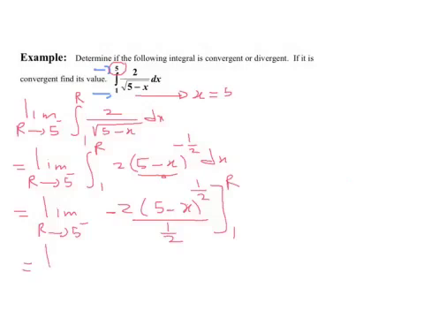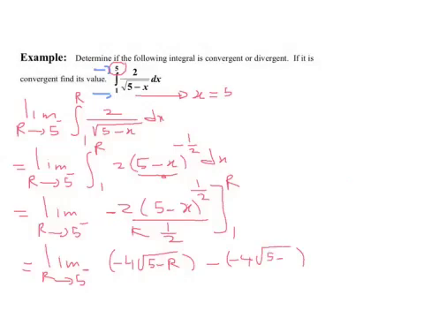This is equal to, r goes to 5 from the left. Now we are going to replace r and then 1. If we take this up, this will be minus 4 square root of 5 minus r, minus, this is minus 4 square root of 5 minus 1,